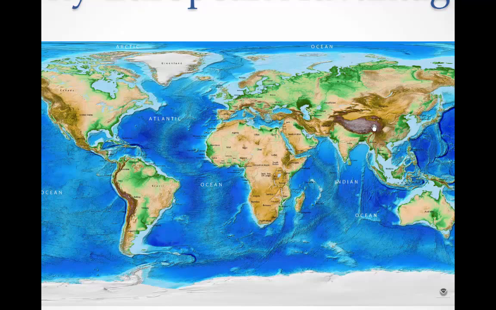Because of that, the farming spread very well, and that spread civilization. It wasn't just farming; it was all ideas and technologies. It was very easy to move around this area through the Mediterranean Sea.